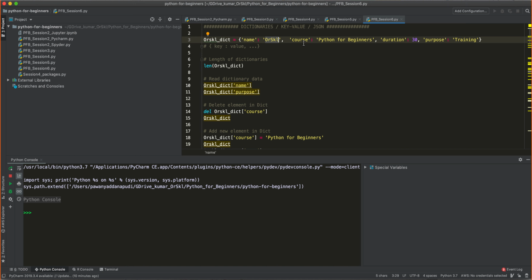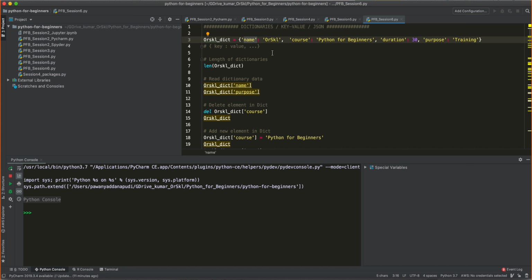The only difference between the dictionary and the list, and there are very common similarities between them, is this: a dictionary is also a group of elements separated by commas, just like a list. But a dictionary is in curly braces, whereas the syntax of the list is in square braces. In the list, all the elements are by default indexed with 0, 1, 2, 3, 4, 5, 6, which are the position numbers of the elements from left to right. But when it comes to a dictionary, each value inside the dictionary has got its own name.